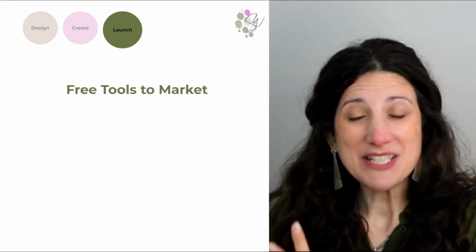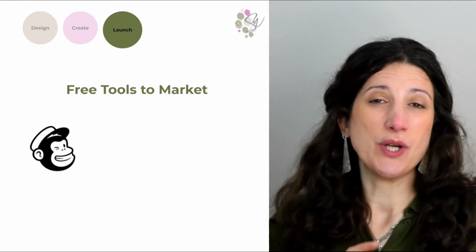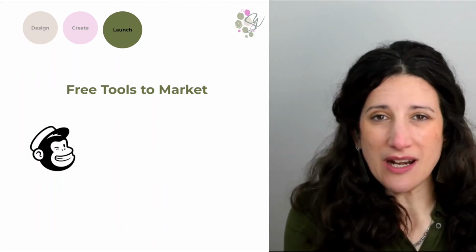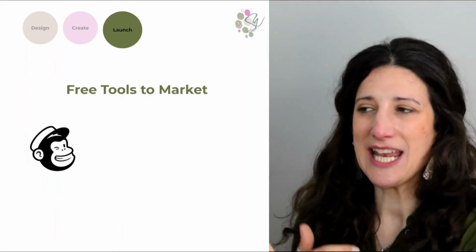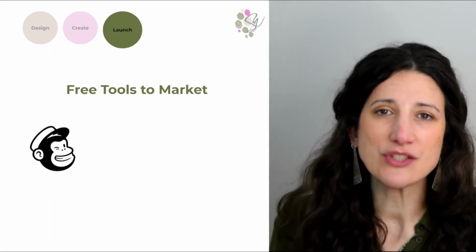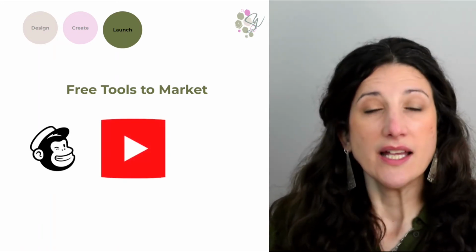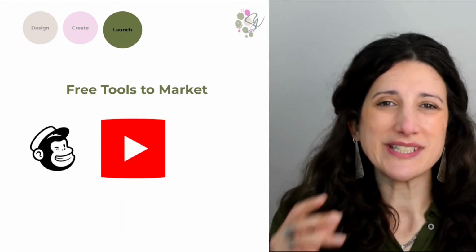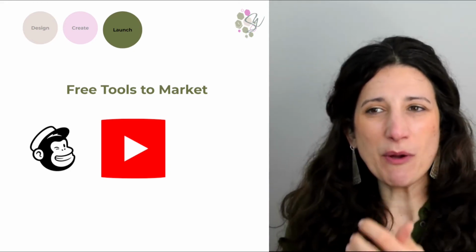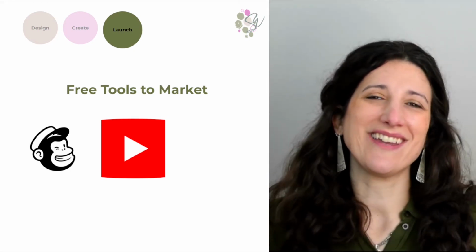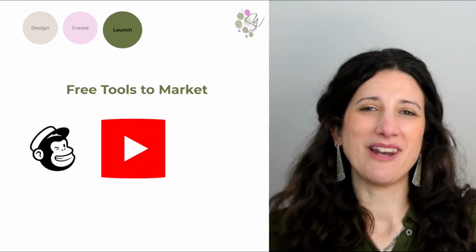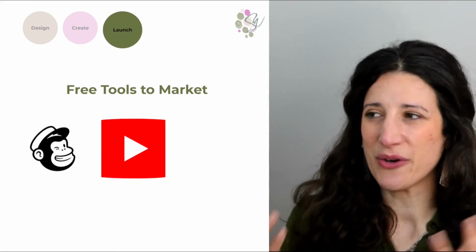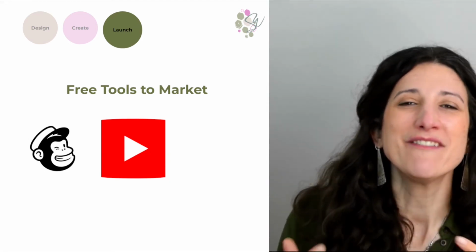And the free tools for market. So now we can talk about how you would market your course by using MailChimp. So you've built an audience, that audience sits in MailChimp, and then you can send out automated emails to them via MailChimp. Likewise, you can market on YouTube where you might have a bit of your course available online. And if someone wants to continue with that course, they can click in your description. For example, if you would like to know how to design your online course, or if you would like to know the whole journey of design, create, and launch,